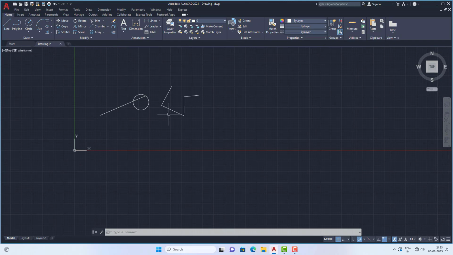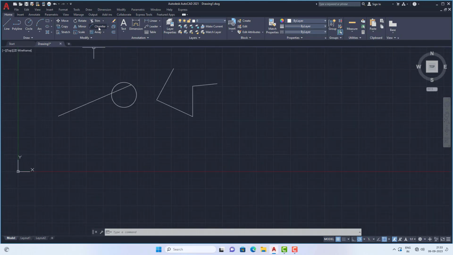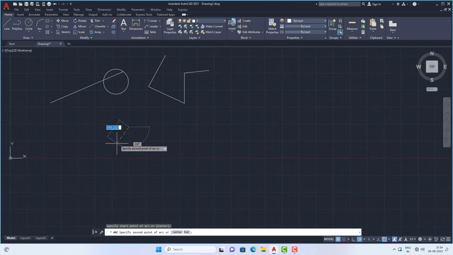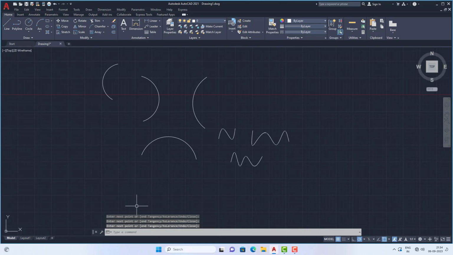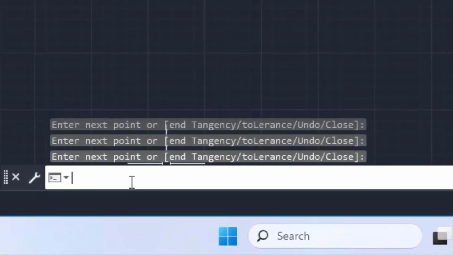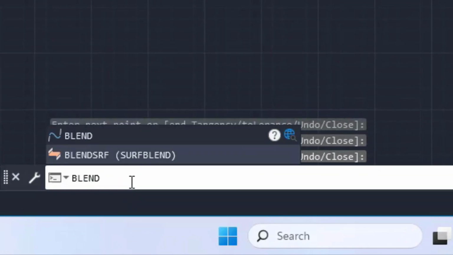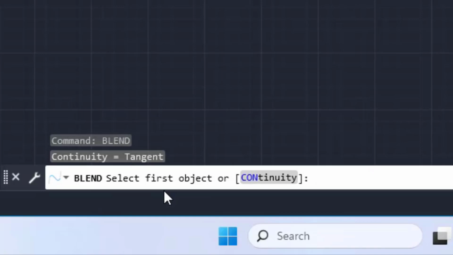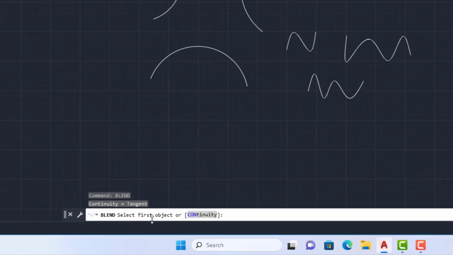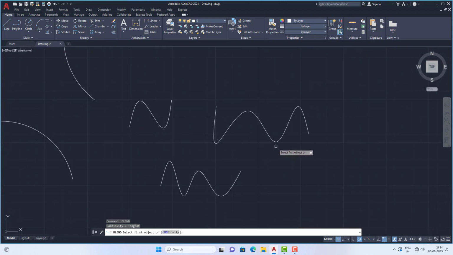Now there is an option blend curves. So those blend curves will be used. Before using that, I am drawing some profiles. For blend curves, just go to command line, type BLEND and press enter, so that this blend option will be activated. Now select first object. I am selecting first object as this spline.